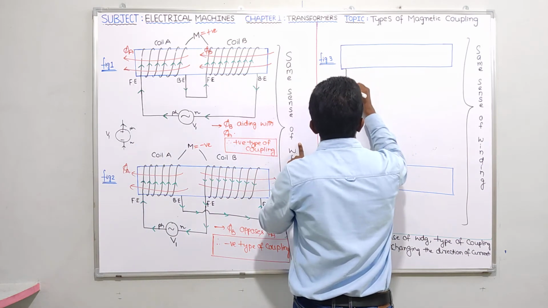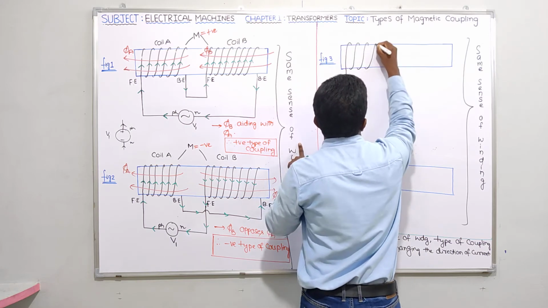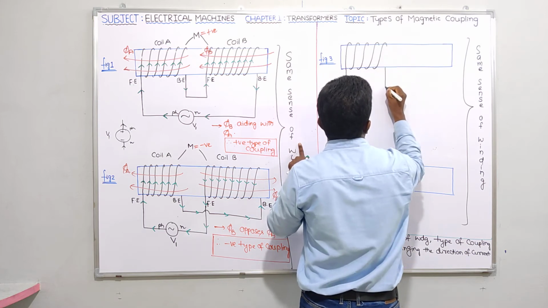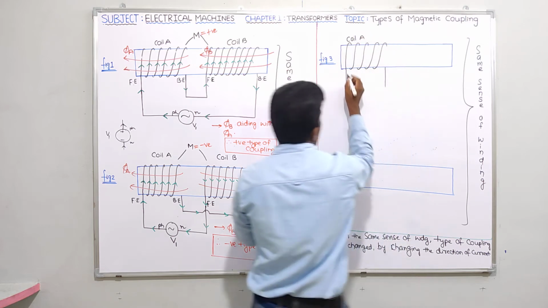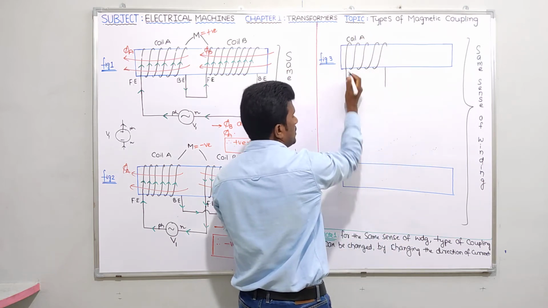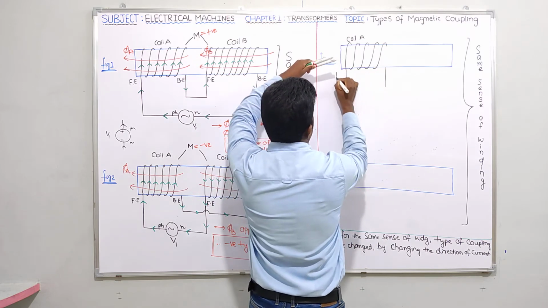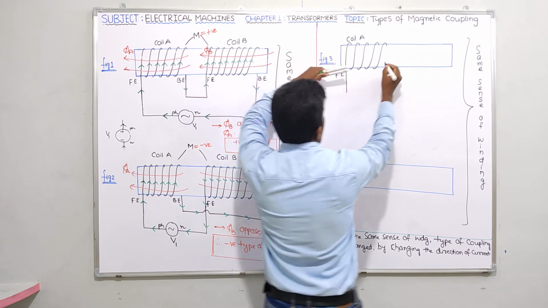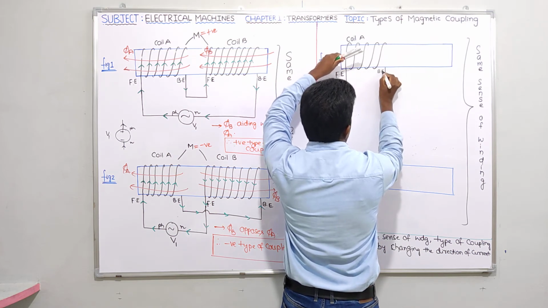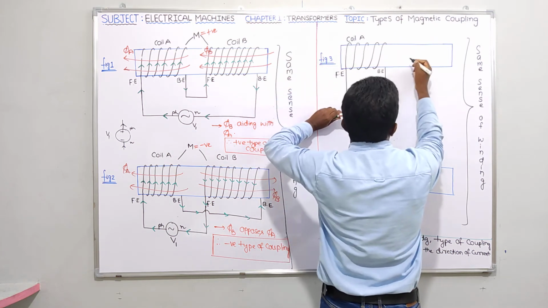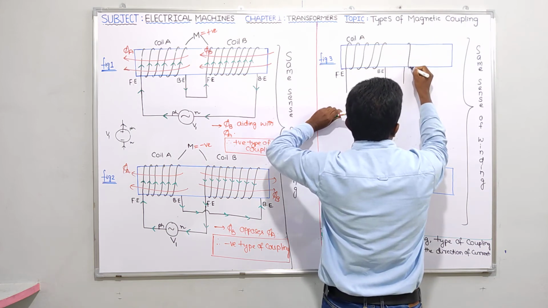Figure number 3. Yes, I am drawing the sense of winding like this. See, I think by this time you should know about the sense of winding. You tell me if you are clear. Tell me what about this end, can I write front end or back end? This one I am asking. See, winding is going from the front side of the core. Okay, I can call this one front end. And what about here? Winding is coming from the back side of the core. I can call this one back end. Is it clear? And let me take coil B. But be careful. Coil B, I am drawing like this.